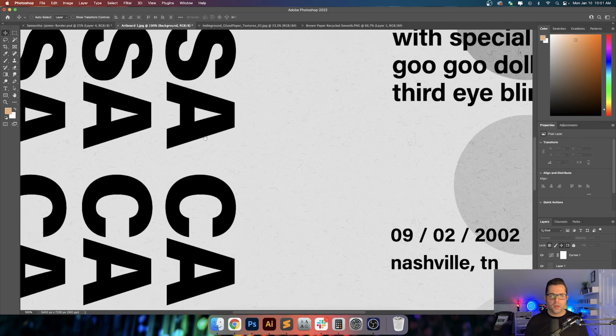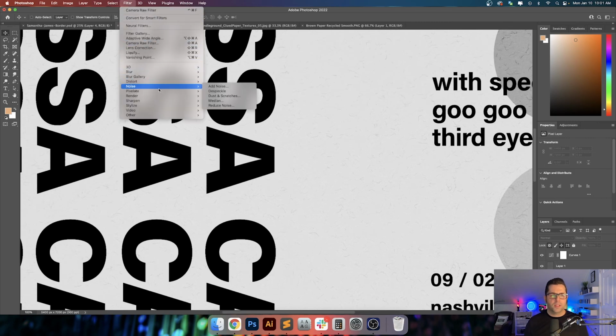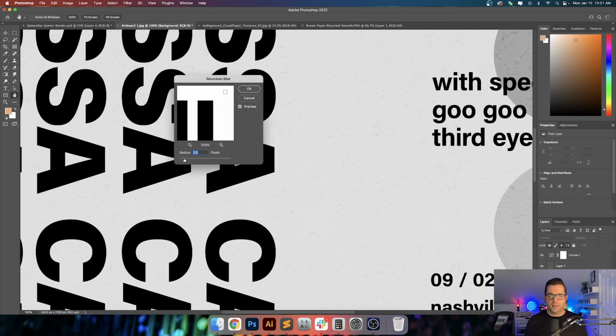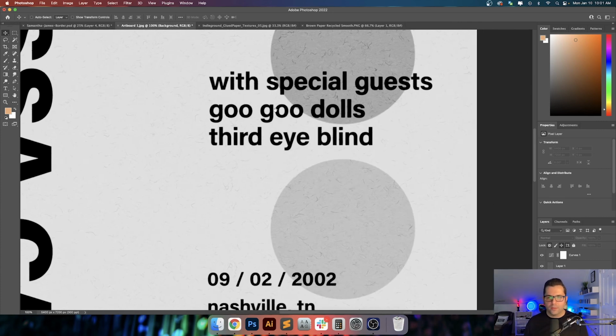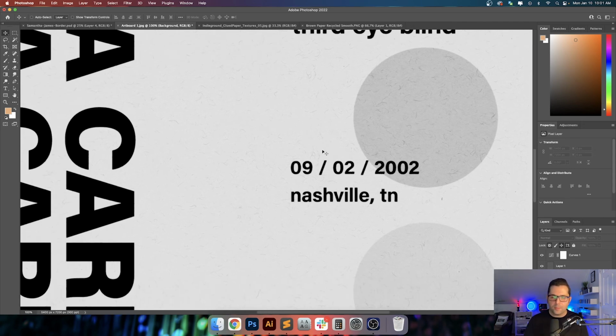Let me try something. Last time I added that Gaussian blur to the end, and I think that it really did something there, and I think I'm going to do the same thing here. I know it's not typical in Swiss design to do any kind of blurs or anything like that, but this isn't client work, so this is something that I'm wanting to kind of maintain the aesthetic of,